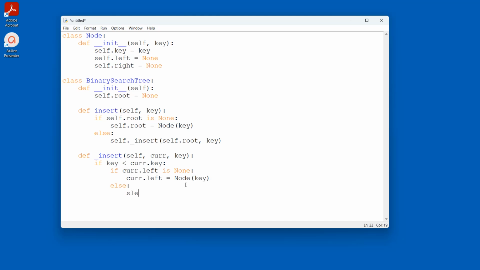Else self._insert(current.left, key), because we found a value there, so we have to find the location under it where it goes. Now, that's if it's less than. So now we need to check to see else if